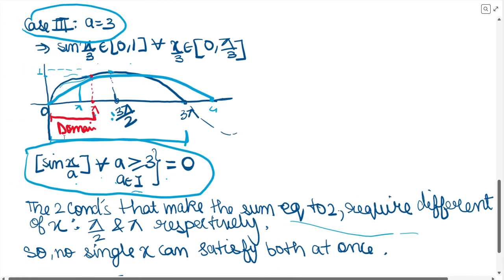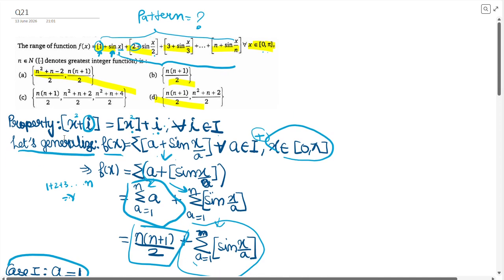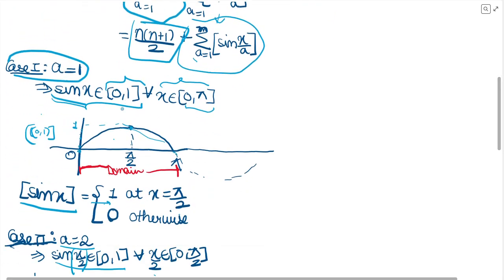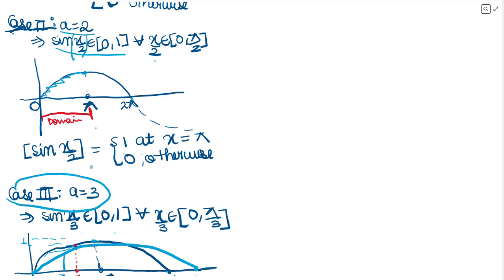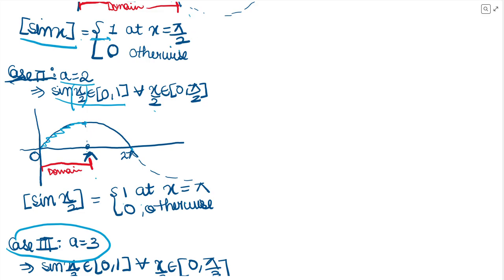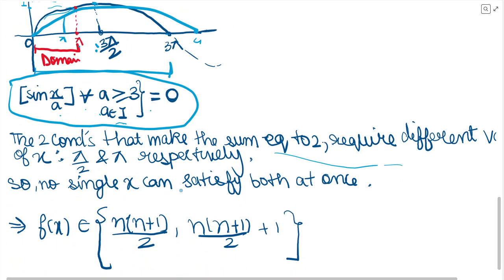Okay, so what does this statement mean? In our previous cases, we are getting the greatest integer of sin x as 1 at x equal to pi by 2, right? And for the greatest integer of sin x by 2 to become 1, we need x to be pi. But our x cannot take two values at one time, right? Have a close look here. This thing is becoming 1 at separate values of x, right? And we can substitute one value of x at a single time. We cannot substitute both of them.